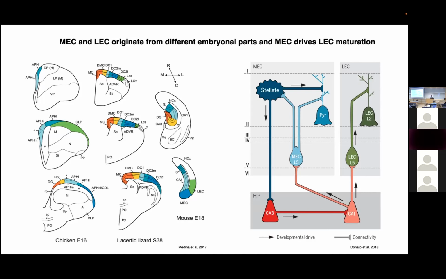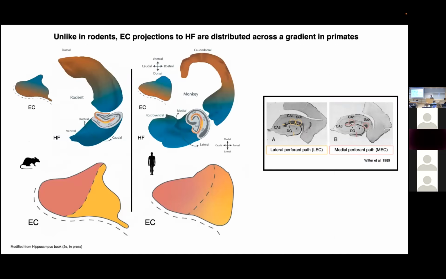So why is it relevant to us? It seems that they have different origins, right? We could use that to speculate about what we could call MEC and LEC in primates, including humans, of course. But what's often used in rodents, at least when it comes to tracing, is the hallmark of the entorhinal cortex, which projects to the hippocampal formation in a very specific fashion. You have the medial perforant path and the lateral perforant path. I won't repeat these things, but there is this paper from Steward in 1989, which shows that they project distinctly to the dentate gyrus and CA3, and also to the subiculum and CA1.